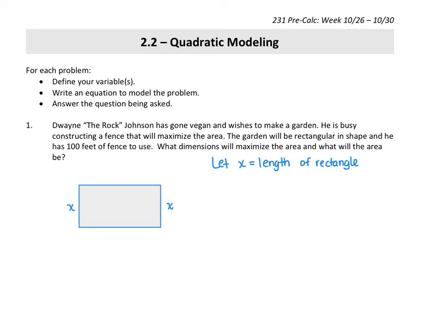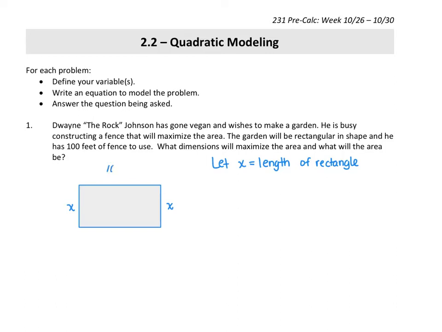This is also x. So if this is x feet, think about how I can represent the width of the rectangle. Instead of using a different variable, how can I represent the width of the rectangle in terms of x? If I have 100 feet of fencing and I used up x units here and x units here, what's left over would be 100 minus 2x, right? And then with that, I have to divide by 2 to fit these two sides. So each side is going to be